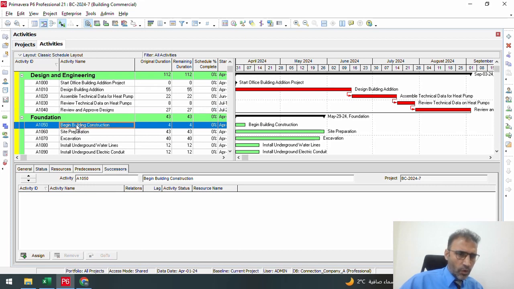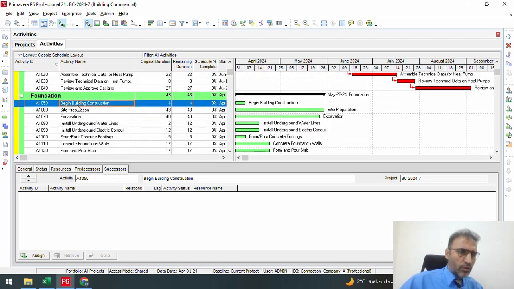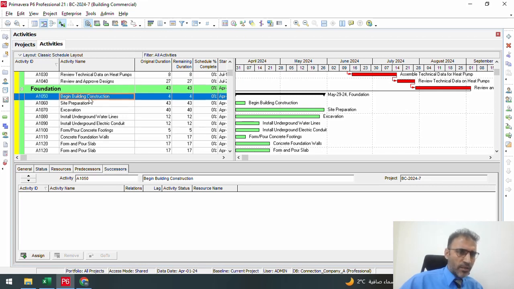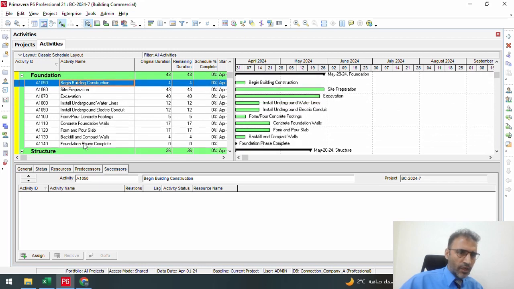What I'm going to do right now is try to link all of these activities in a sequence manner, so I don't need to go to each one as we did before. This is the traditional way. The smart way is simple: select all of these activities like this, from here,